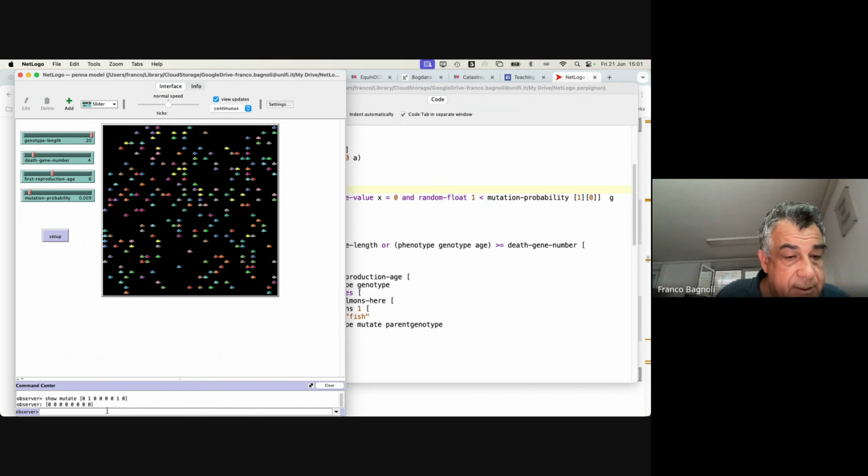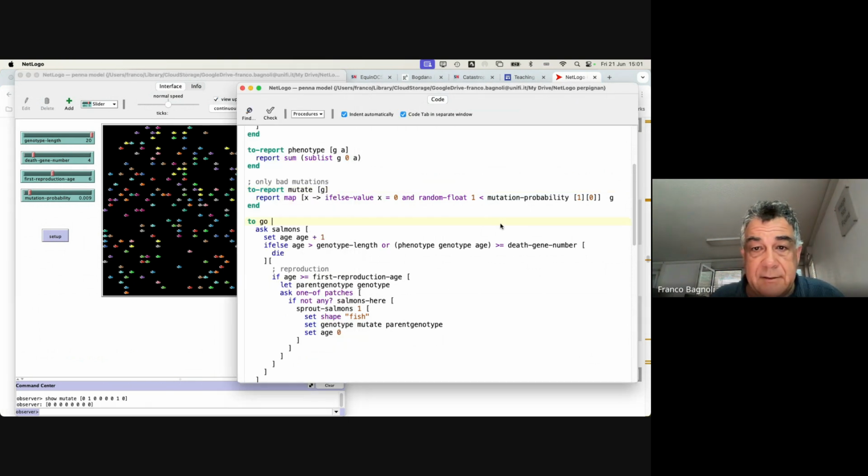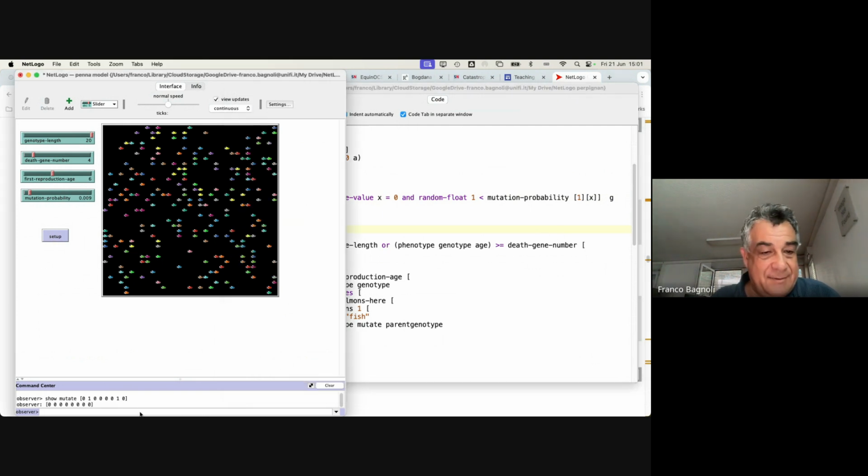So if else, yes, because we have to, if else x equal to 0 and random float this, otherwise it has to stay as it is. Okay, here now if I put the mutation probability,